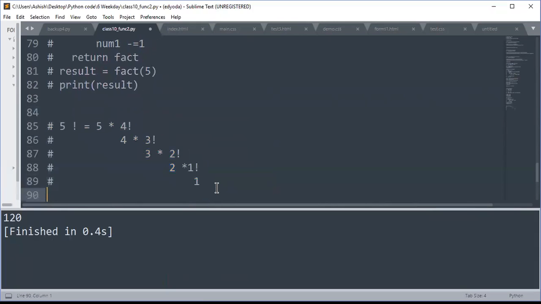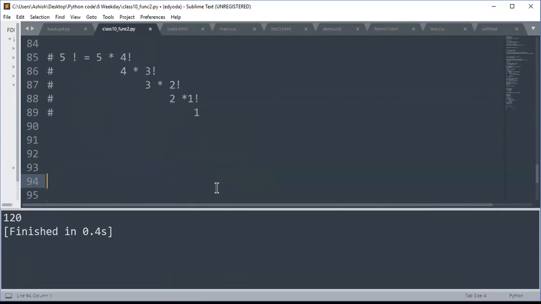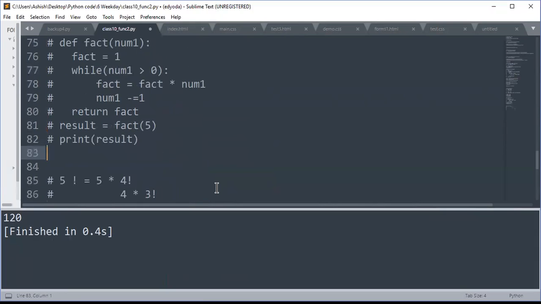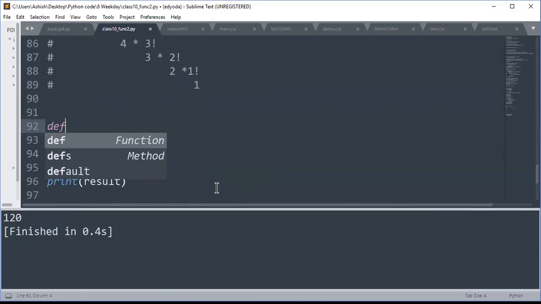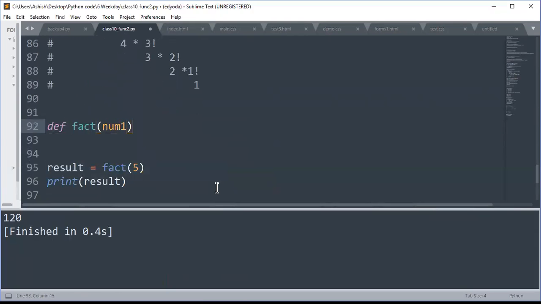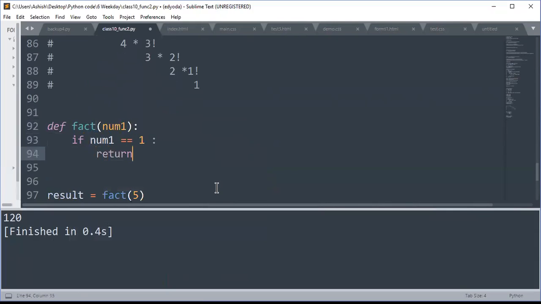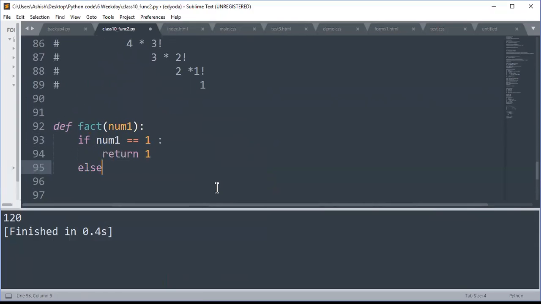Okay, so let's have a look how I can write it using recursion. Again, I'm keeping my function call same. Here's my function. Alright, I have something like this. So let's say the definition of fact, and this is num1. So what I'm saying, if this num1 is equal to 1, then in that case return me the answer as 1. Okay, else